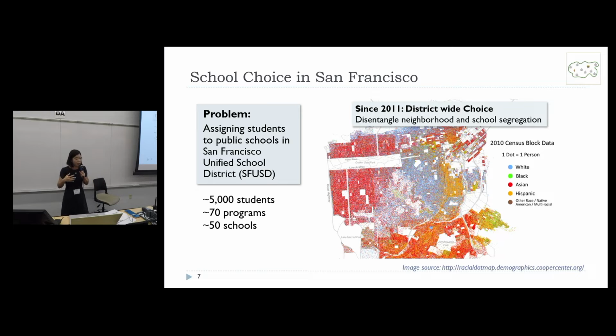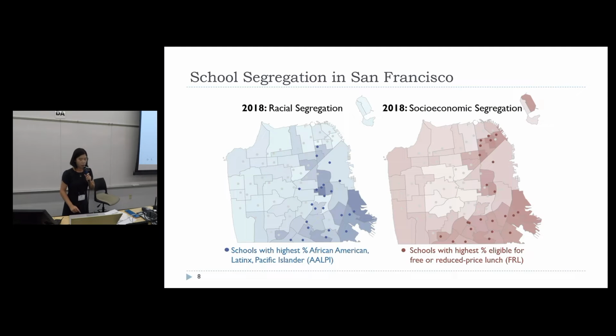So what I'm showing you here is a map from 2010 census data where each of these colored dots represents a household and the color represents the race of that household. And you can see there are clear patterns of segregation. Just to point one of those out, our Black students, who comprise just 5% of the school-going population, are the bright green dots in this map, and you can see really clear clusters. One particularly noticeable one is down here in the southeast of the district. And so the question is, has allowing school choice helped disentangle school segregation from neighborhood segregation?